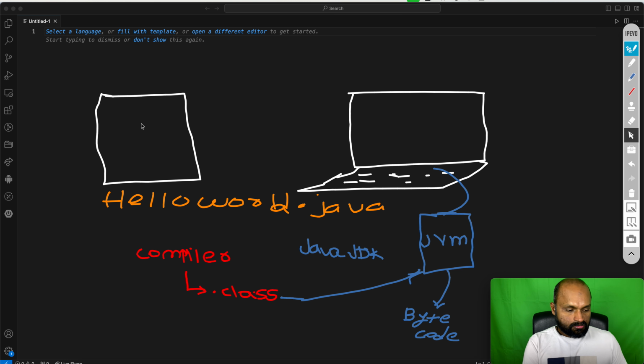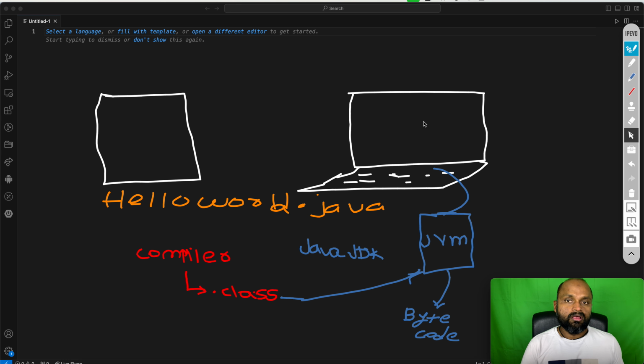Let's say you wrote something in Java in this file, and then this file is saved onto this machine. Does the system automatically recognize this file? No, it doesn't know what is Java, because this is an empty machine.